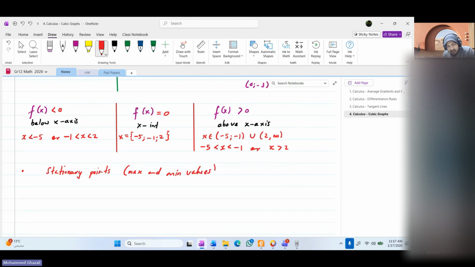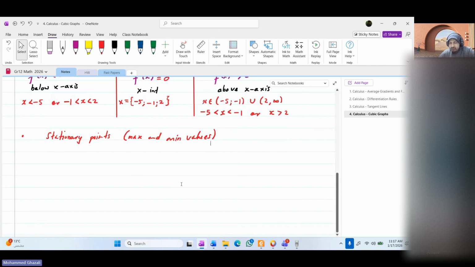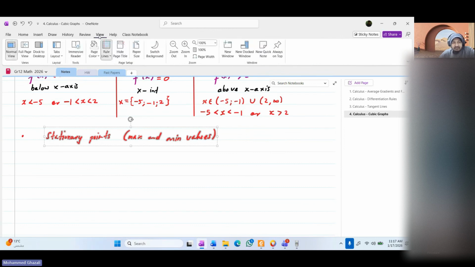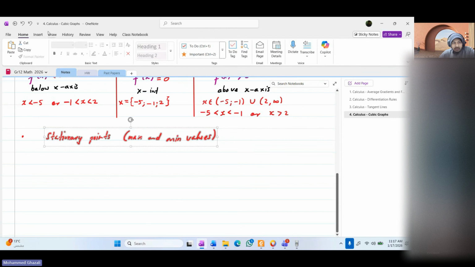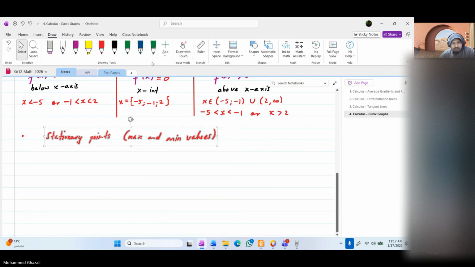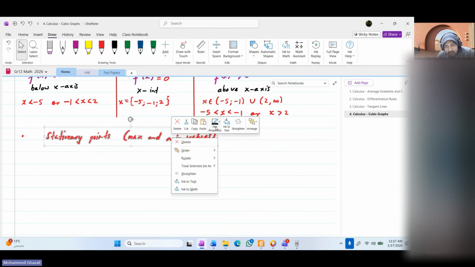Now, how do we find stationary points, maximum and minimum values? That's our next key feature. To find stationary points, maximum and minimum values, we got to look at the derivative. And why do we say we got to look at the derivative? Because,